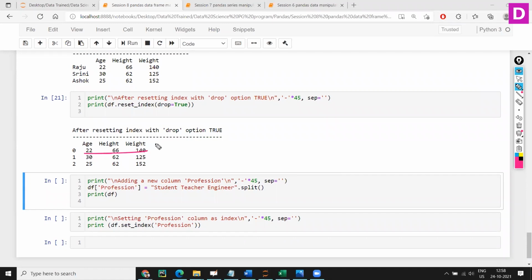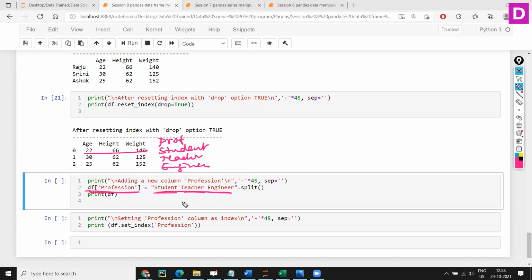Now I wanted to add their profession as a new column: engineer, student, teacher, engineer. So if I want to add it, yeah, create